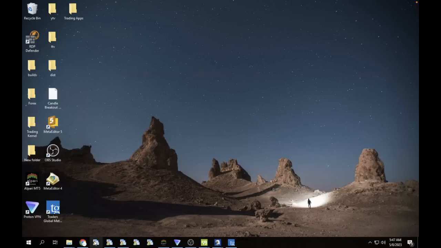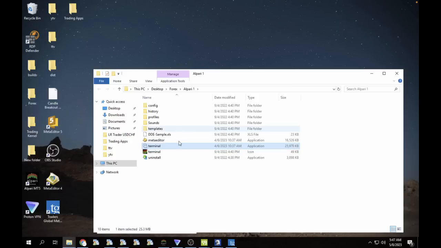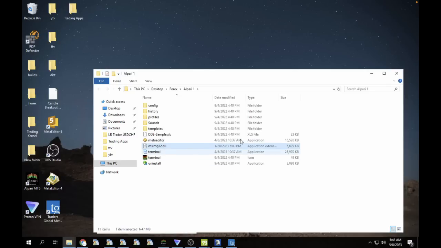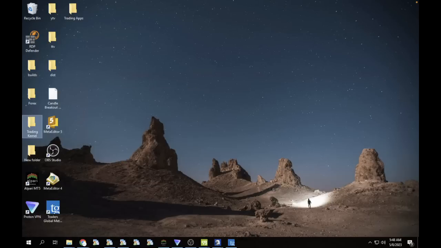And then I'm going to right click on this folder here. I'm going to go up here, right click on MetaTrader, click on properties, click on open file location, and then paste the DLL file here. All right, I'm going to click on paste. All right, so I have the DLL file here. Just going to cancel out of here, then I'm going to double tap on this file here. Okay,